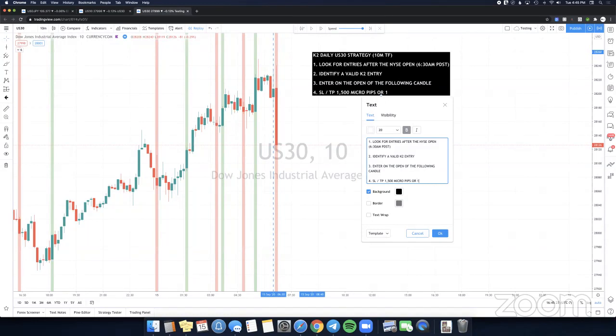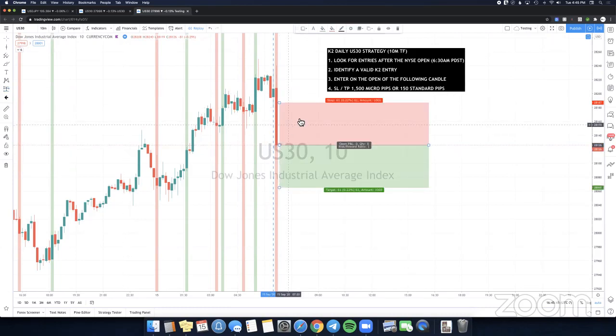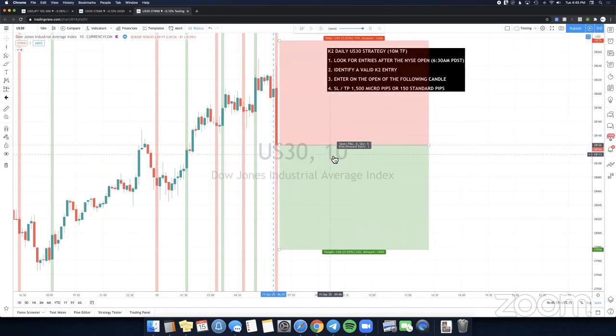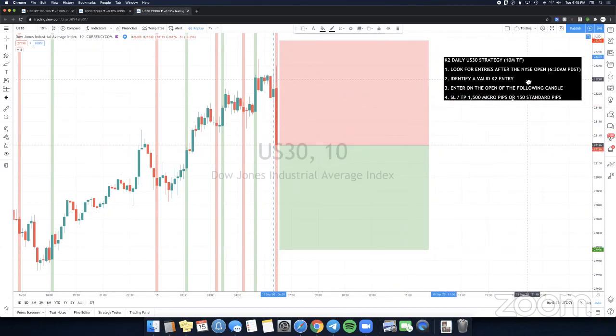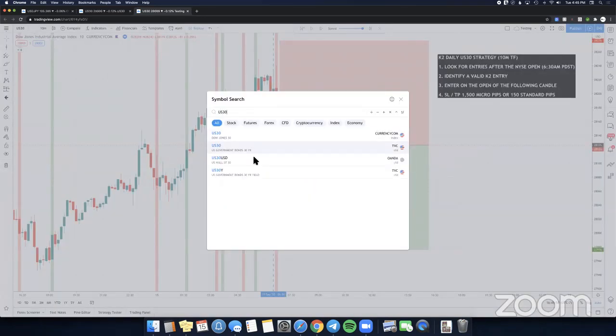Pips or standard pips. So depending on which broker you're using or which broker data, this is currency.com. So they use standard pips, but if you're trading on Hugo's Way or Oanda or one of the unregulated brokers, they use micro pips. So you can see right here that if I line this up right here, this will only show 150 because they are standard pips. But if you use Oanda data, so you just type here US 30,